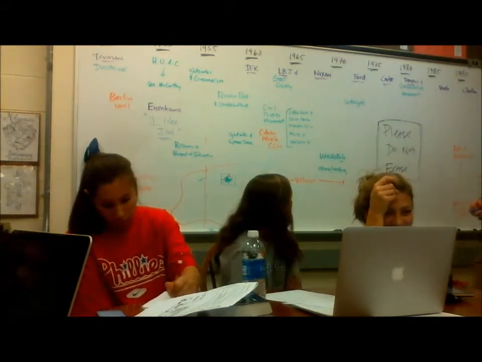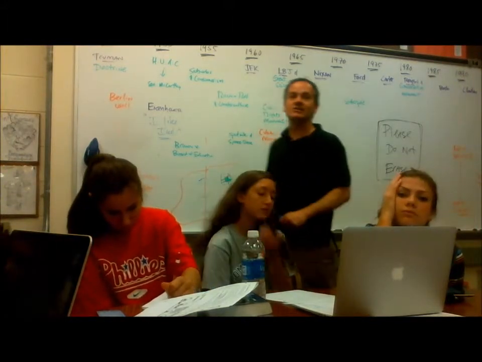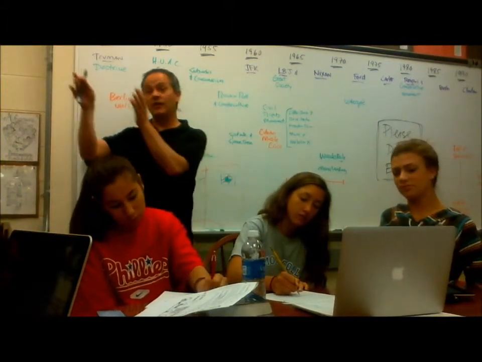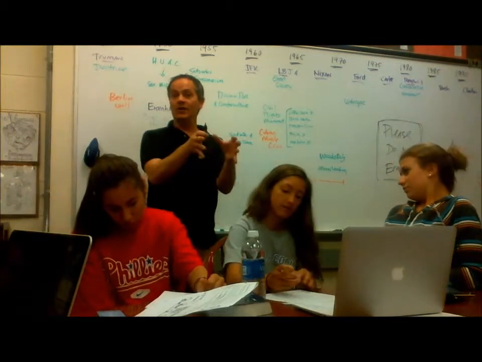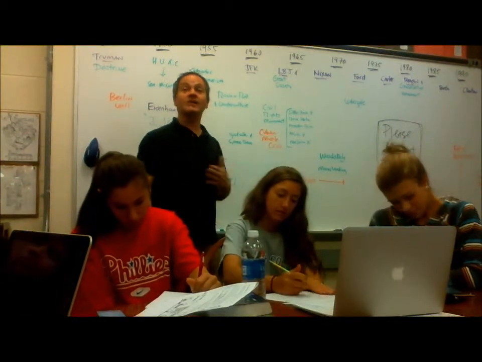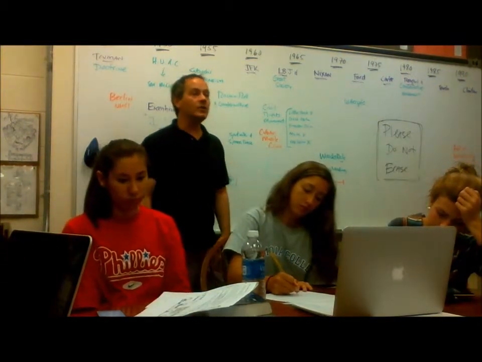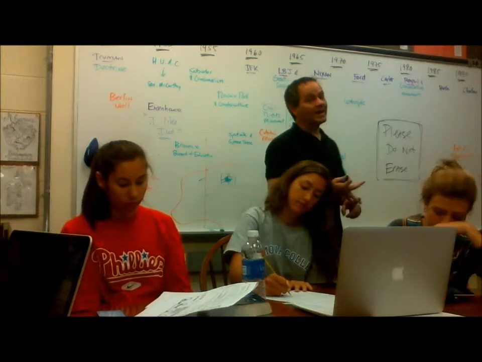Sure. The Great Society is what Lyndon Johnson calls his plan for America. So the Great Society follows in the path of the Square Deal, the New Deal, and now we have the Great Society. So the Great Society is government programs to help people, particularly the poor, the underclass. And so he creates Medicare, he creates Medicaid.